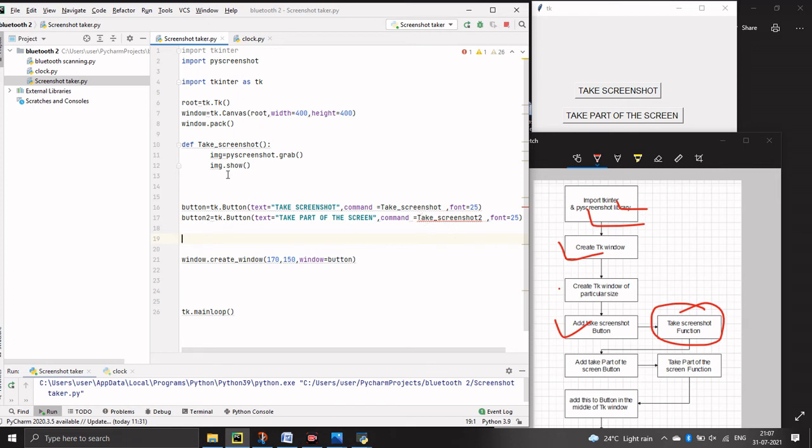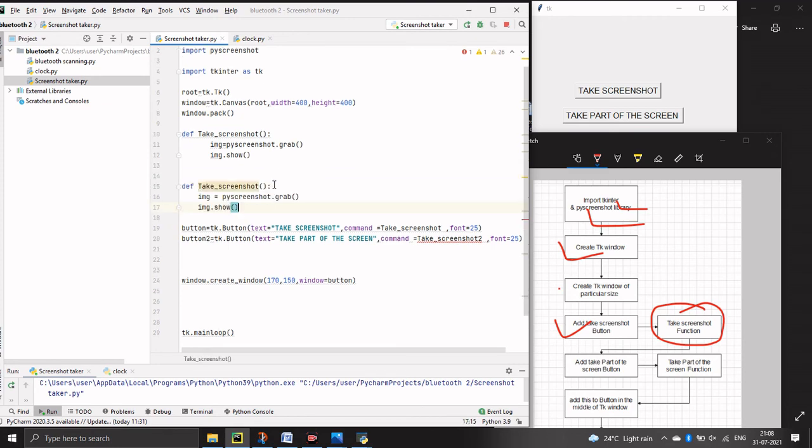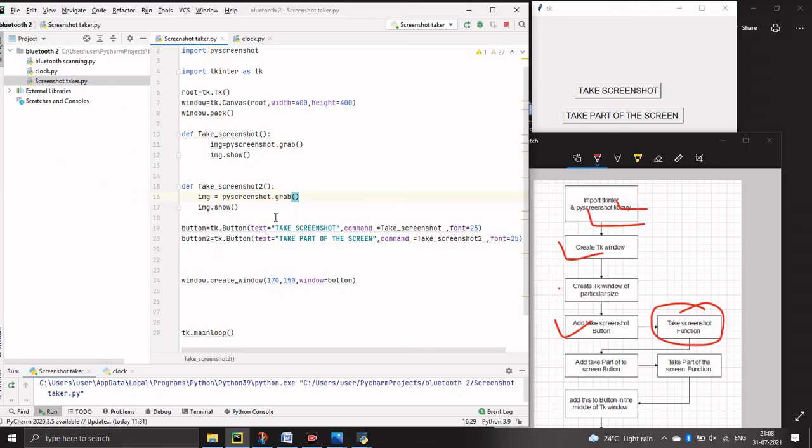Let's write the function. Just copy the above function and paste it here. We have to capture an area of the screen, so some part of the screen. So here we have to pass some values. Here I am passing 15, 15, 510, 510.